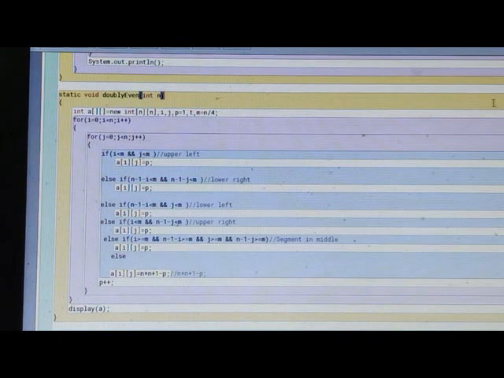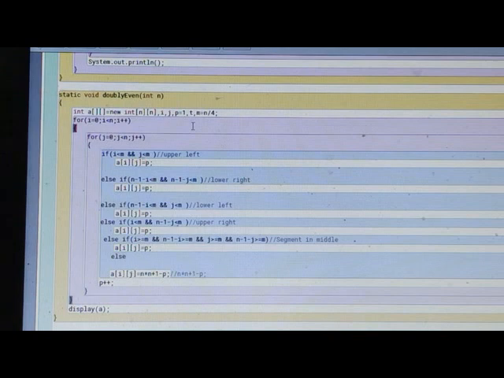Now let's see what it is talking about. First of all, I accept the size of the matrix of the magic square as a parameter. Here I am not checking whether it is a doubly even number or not, that is whether it is a multiple of 4 or not. You can check it to make this particular program more flexible. Here I assume the user is going to insert a